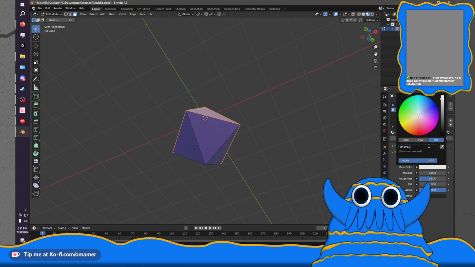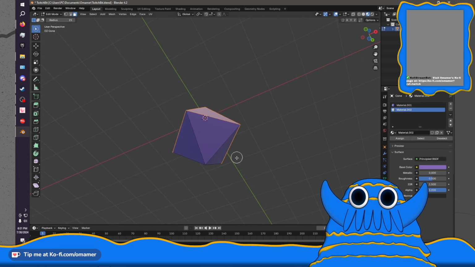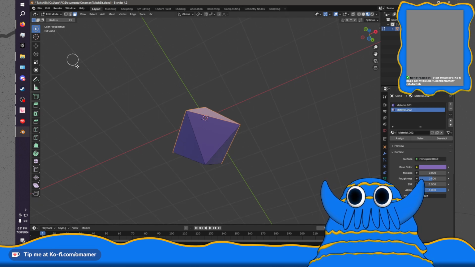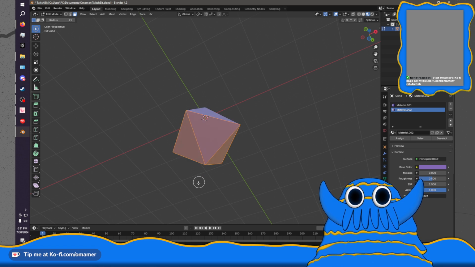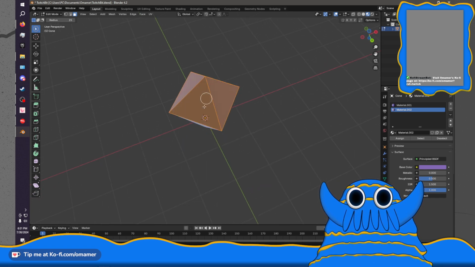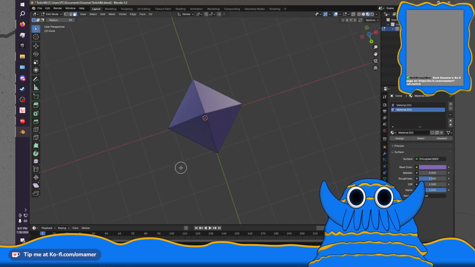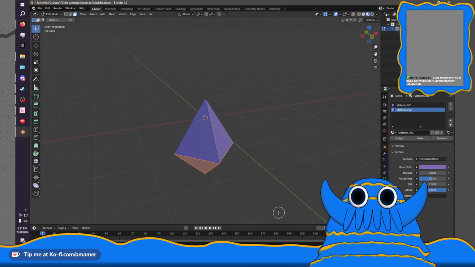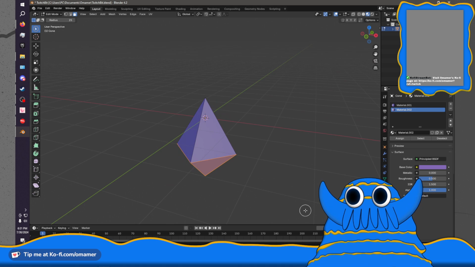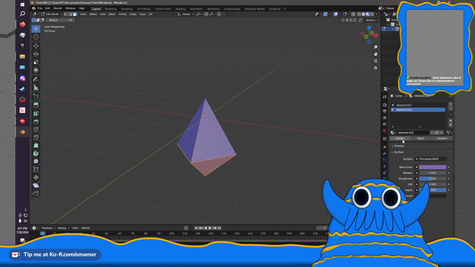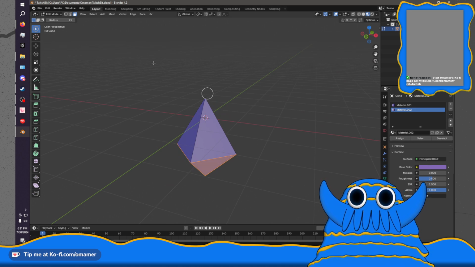Then we're going to select the bottom half. And I'm going to hit assign.